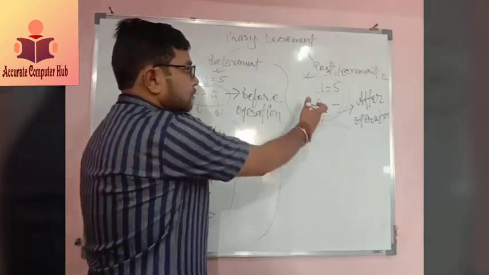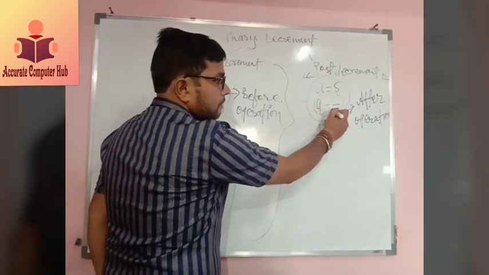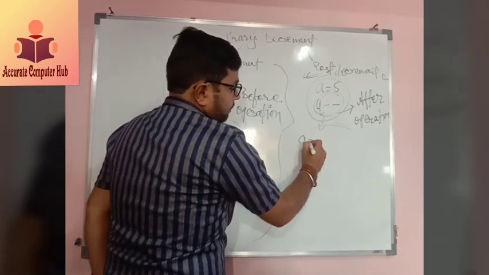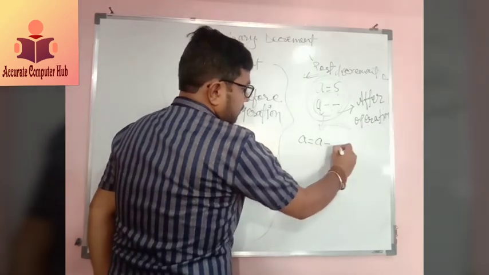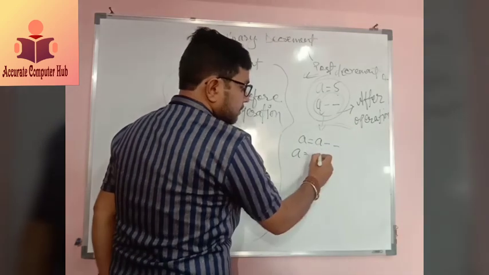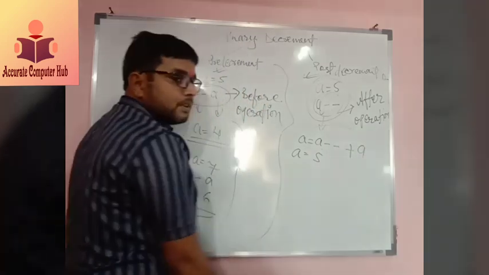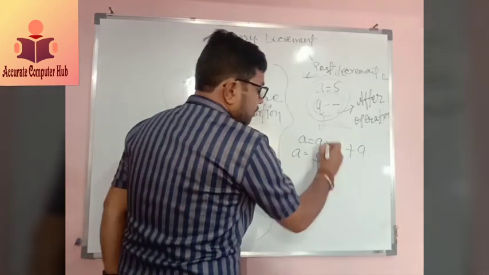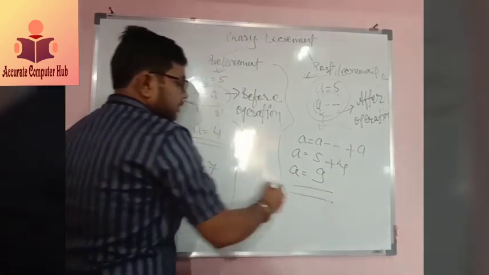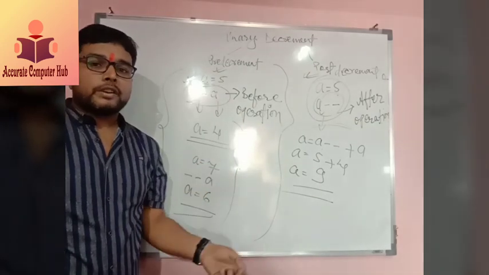If we are coming to post-decrement, in the post-decrement, if a equals to 5 is given and a-- is the question given, then what you have to do? a equals to a--. This is the question given to you. Then this time the value of a will be same, and if a is coming after any operation, means plus, minus, multiply, divide, then the value of a will be decreased by 1, that is 4. Now we have to total the value, that is 9. So this is all about the unary increment and unary decrement.